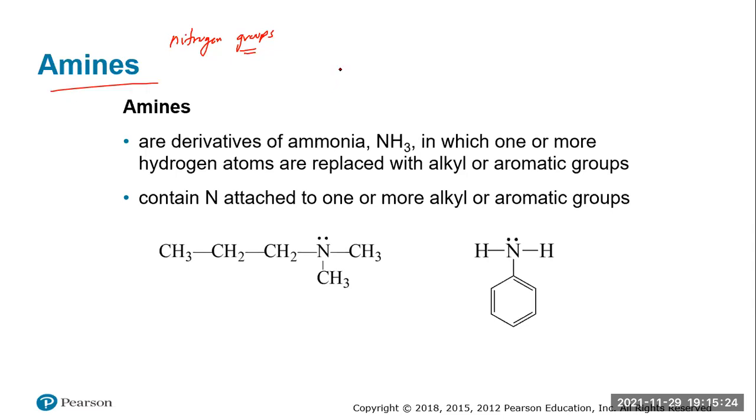And amines basically have the functional group of NH2, which is really a derivative of NH3. So if you remember, NH3 looks something like this. And basically amines are sometimes referred to as ammonia derivatives. They essentially have one less hydrogen involved in there. So if we look at these guys,